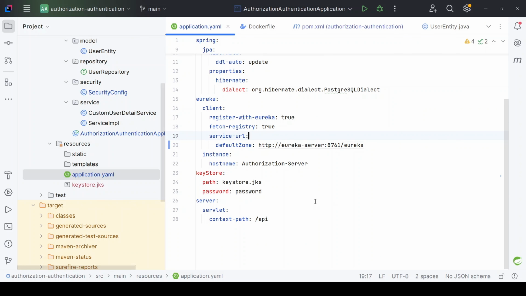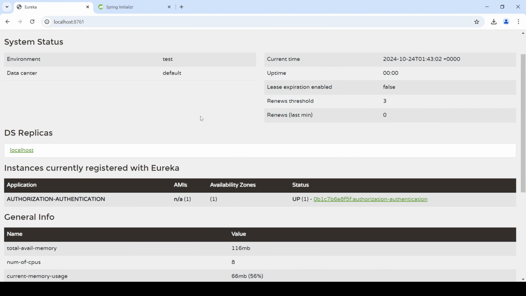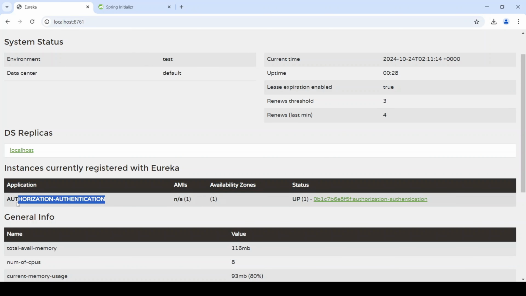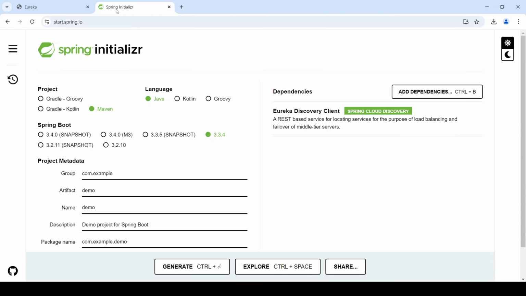Okay, so let's dive into creating our API gateway. The first thing we need to do, this is our Eureka Server. It's still running on port 8761 and it's registered our authorization server. All right, so now let's go into